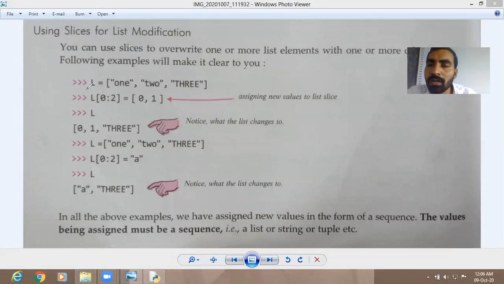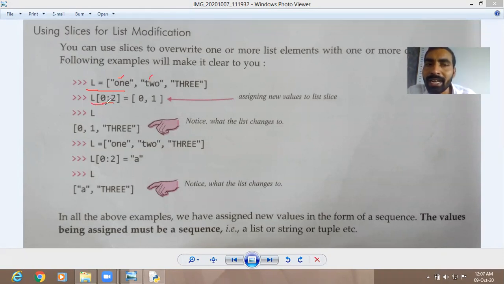If we want to modify the values in the form of slices, like if L is equal to [1, 2, 3] is written, and now in that I want to change the values from index 0 to index 1, that is 1 and 2. So what will I write?